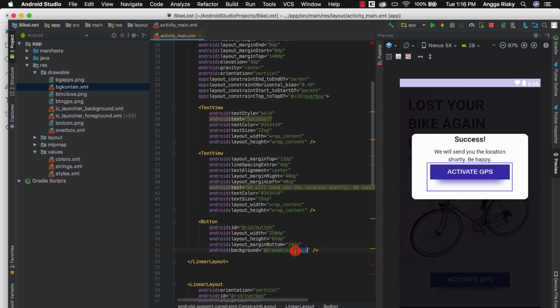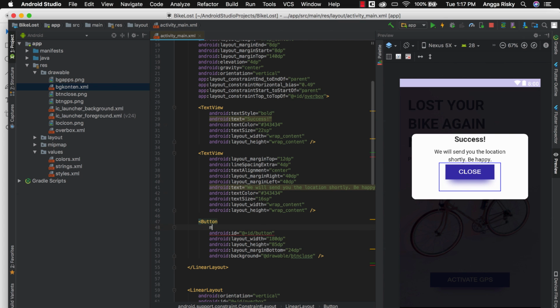Okay, and btn close. Okay, and this is supposed to be shorter, I think 180. Yeah, and then just set the margin top to 30 dp.